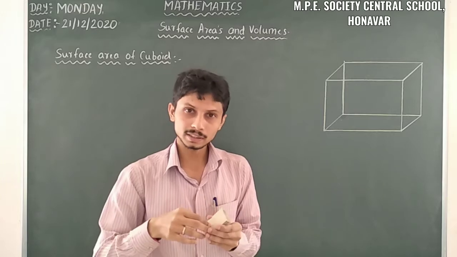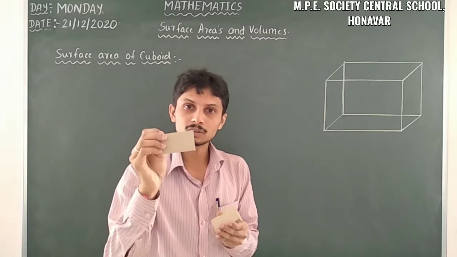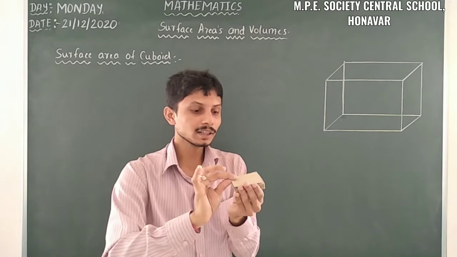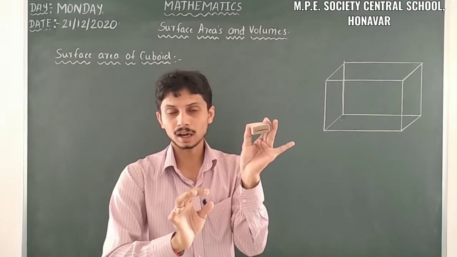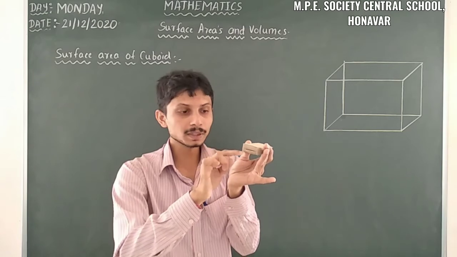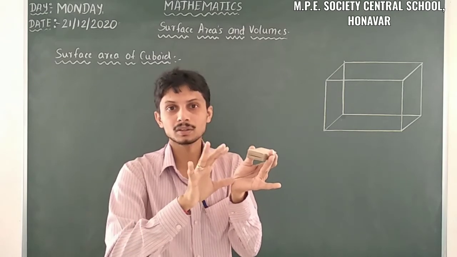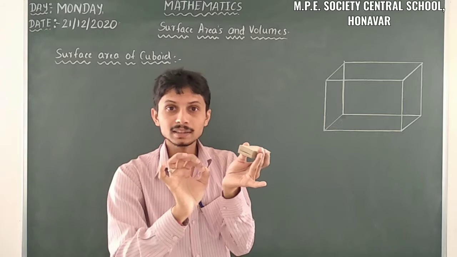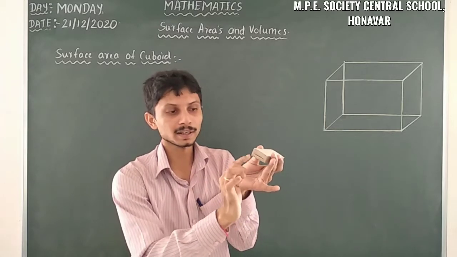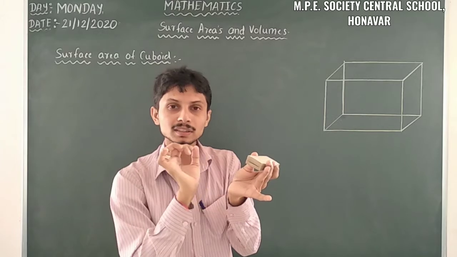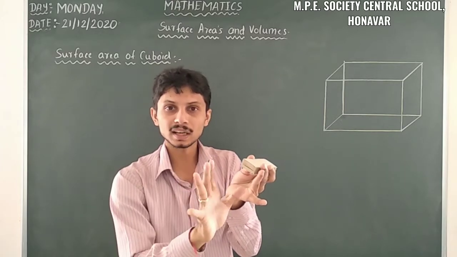So already we know that each rectangle has an area of length into breadth. And here when we join 50 cards, how many cards are there? 50 cards are there. So these 50 cards are the height of that one. It means here the length and the breadth, and here the height. So that means from a single point, three lines, three edges emerge.